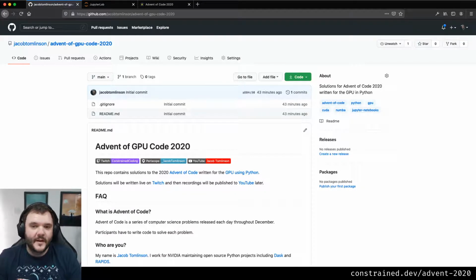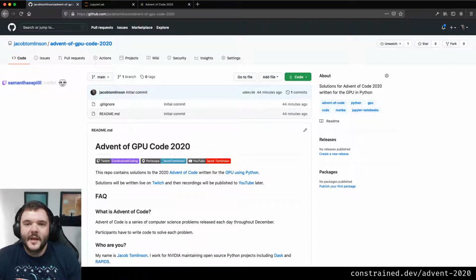I work for NVIDIA. I'm a software engineer, a Python open source software developer. So I spend a lot of my time working on projects like Dask and RAPIDS, helping folks deploy onto GPUs and make use of lots of GPUs in big clusters. Maybe they have Kubernetes with GPUs, or maybe they have access to some cloud platforms that they can get GPUs from, right? So I spend a lot of time working with GPUs, but I actually don't spend a lot of time writing code specifically for GPUs. I kind of do the stuff around the edges for deployments and setting things up.